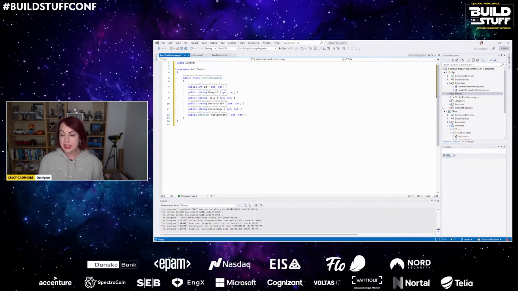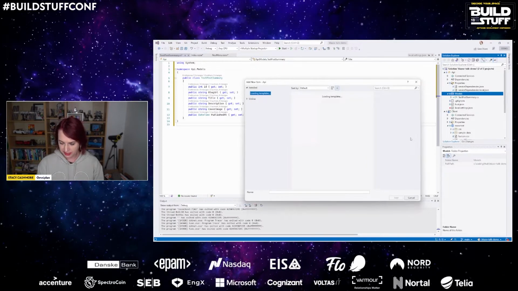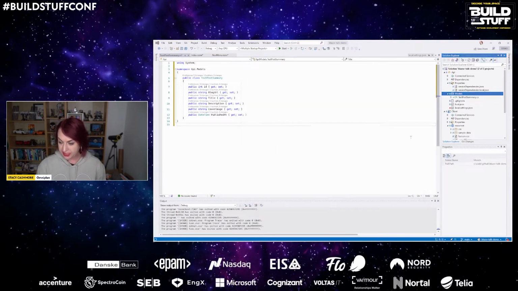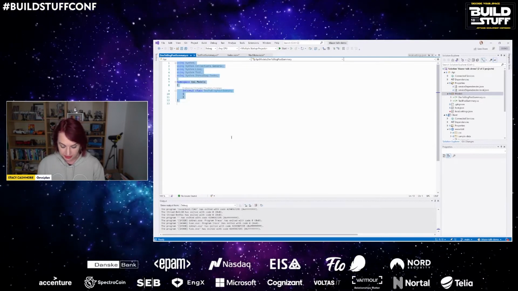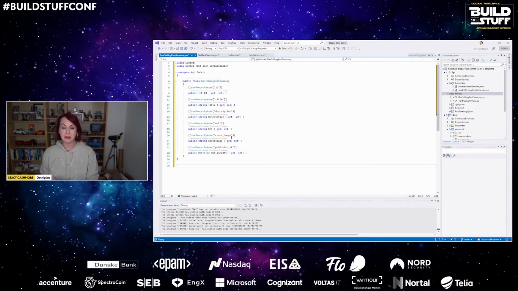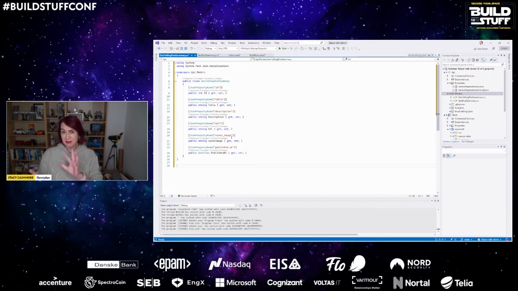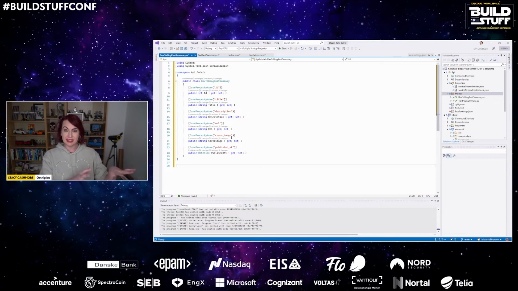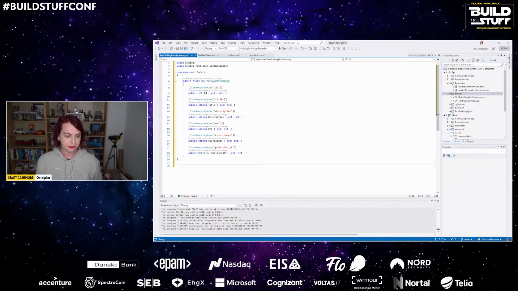And next, we need to get that model for the dev.to. So we're going to add another class, and that's going to be dev.to blog post summary. Now, this one's going to look fairly similar because we're only taking a subset of the data. We just have some JSON property names in there so that we don't have to have weird names inside of our class. We can keep it nicely C# and nicely JSON property names separated.